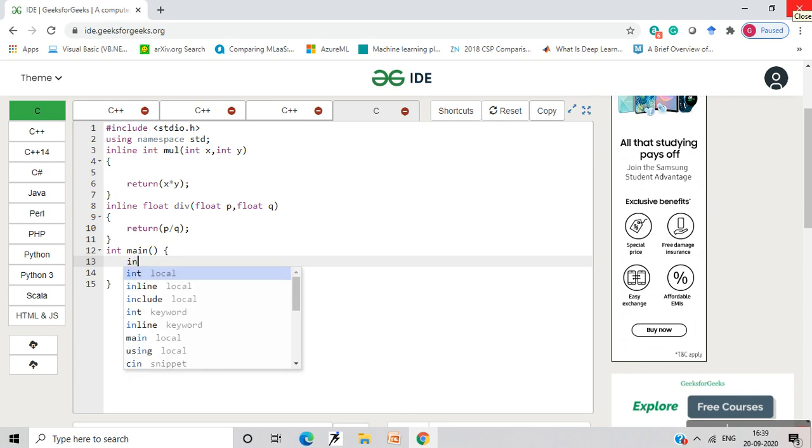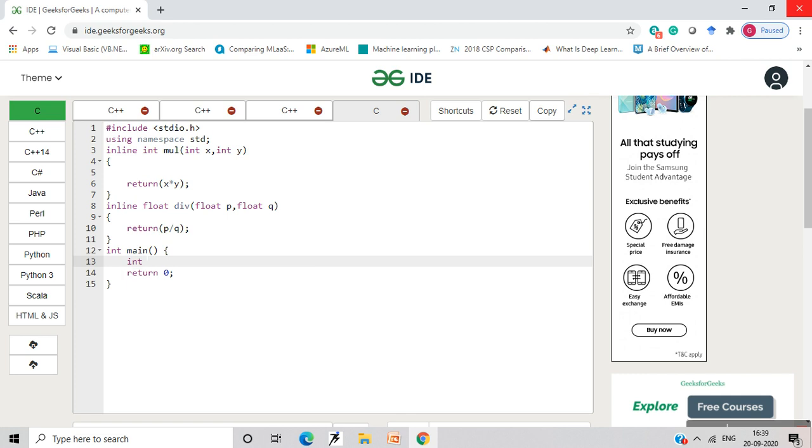Now here suppose I have two variables, int a and b. These are the two variables, and I have float c and d.